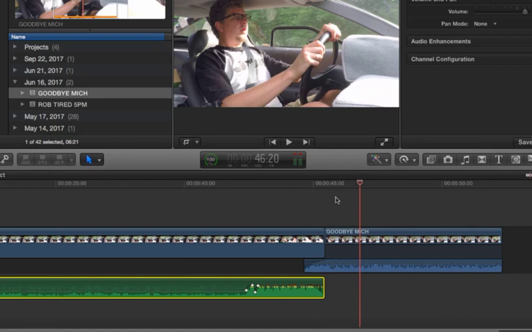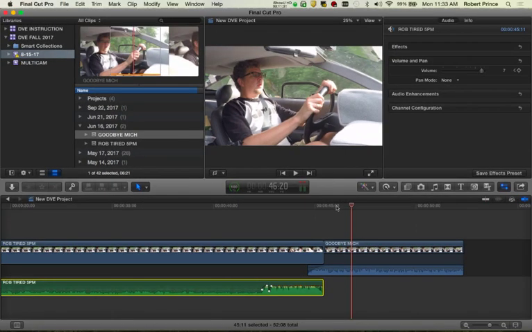So editing audio nicely can take a lot of the kind of bumps and awkward moments in your video and smooth them out and make it much more pleasant for the audience to watch. Because especially if you have things you're trying to hide from the audience, maybe you had to edit out a little audio or you're cutting out part of a clip, if you can smooth out the audio, that will conceal those things much better than if you just let things cut. And especially letting video and audio cut at the same time all the time just gets kind of tedious